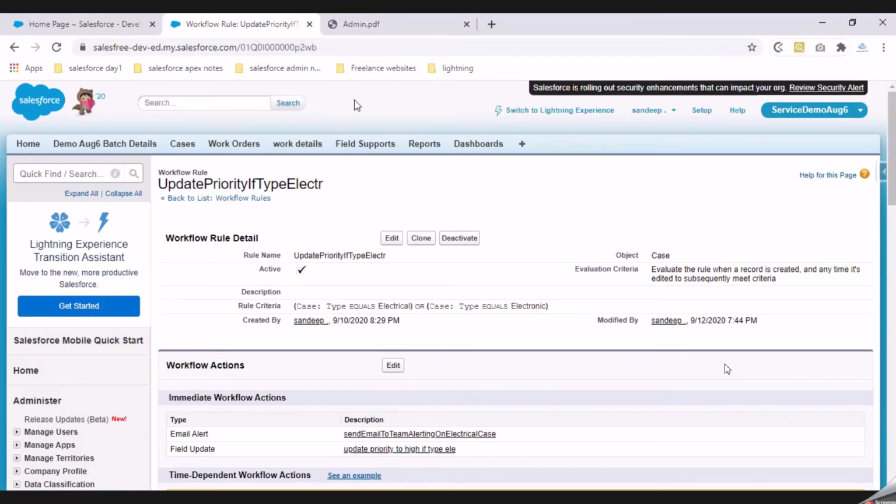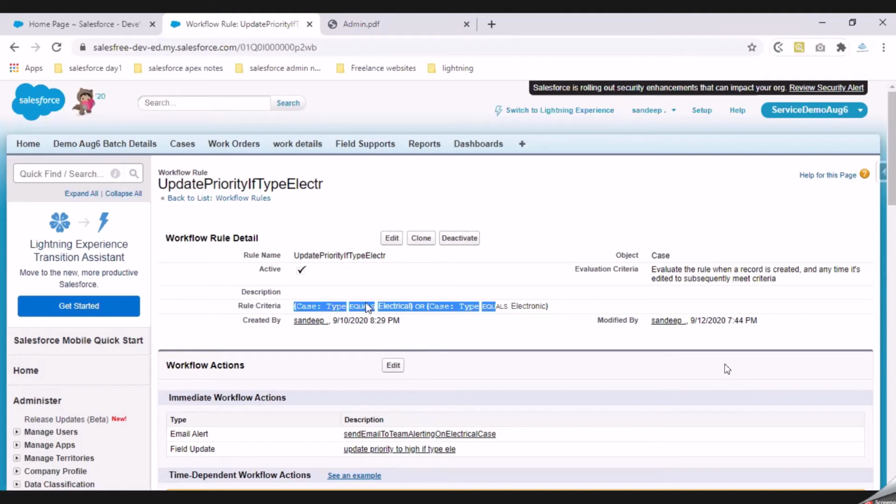Alright. Now, let's say you have a requirement where upon updating your priority equal to high, I want to do a next set of checking. I want to check for other fields and update something in the system.